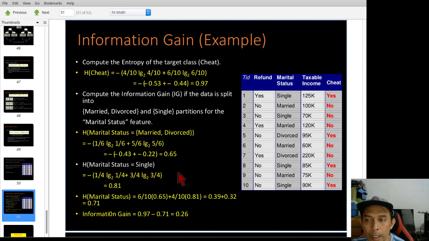Given a training data set, you need to apply this formula so that you can construct the decision tree. The most important one is the splitting attribute.